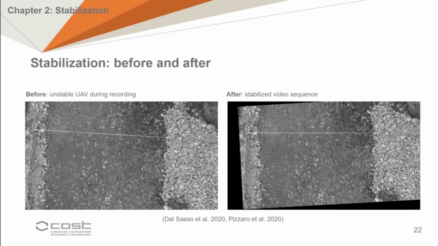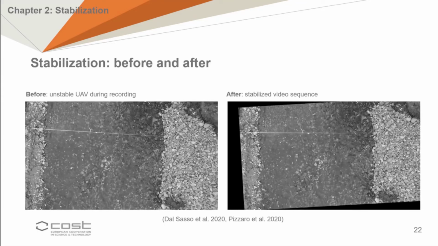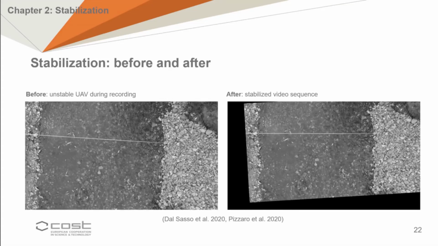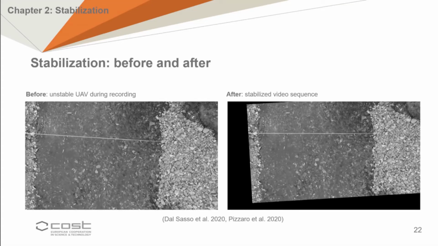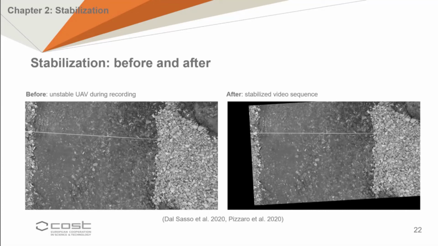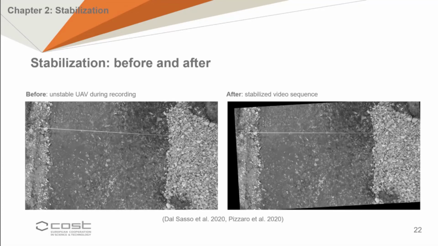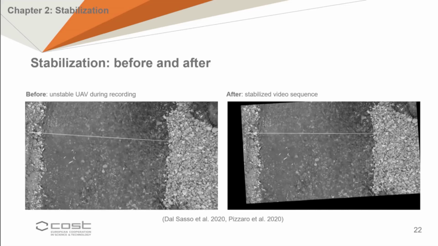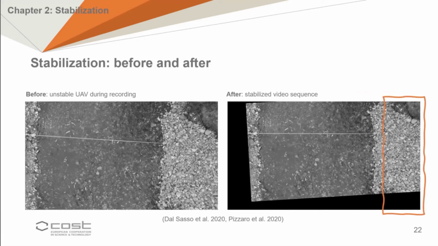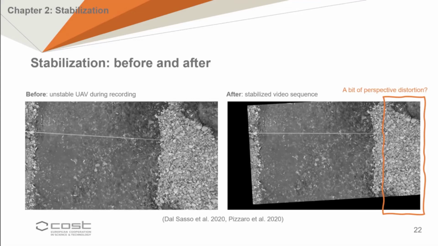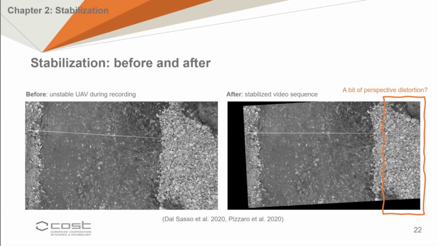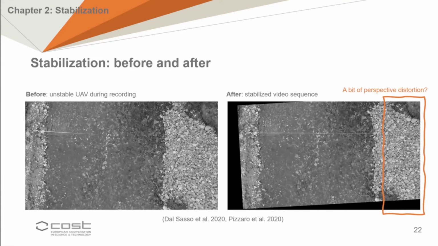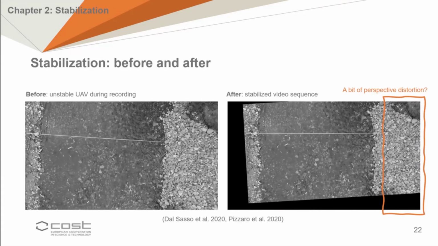The video on the right, however, is the stabilized sequence where our region of interest, the water surface, stays perfectly still the entire time, and you can see how the algorithm moves the original camera frame around in order to compensate for the motion of the camera. There's also an interesting detail on the right riverbank of the stabilized video, where a small amount of perspective distortion can be noticed as the water surface and the riverbank have slightly different elevations, and the UAV is flying quite